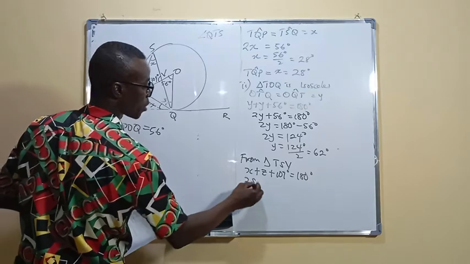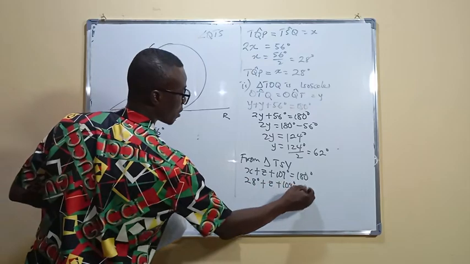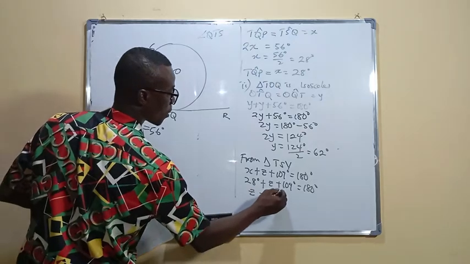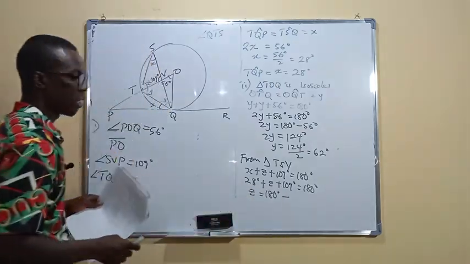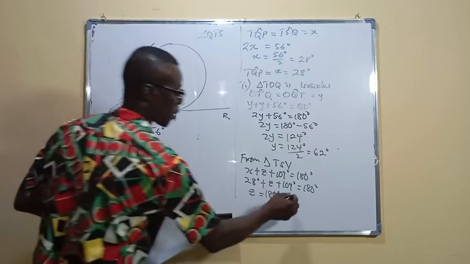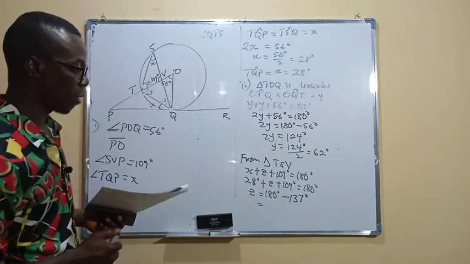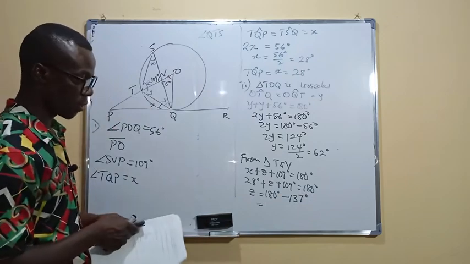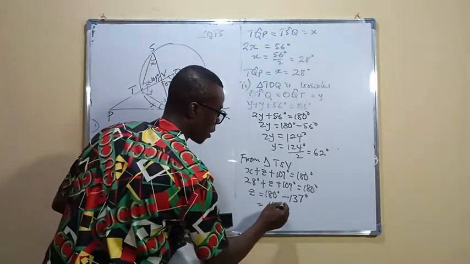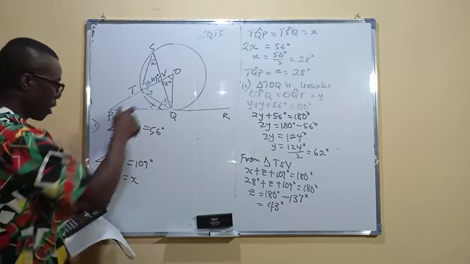With the value of x, which is 28 degrees, plus z plus 109 degrees, that gives me 180. So z will be 180 minus 109 plus this, and that should give me 137. That's 137. So when I subtract that, 180 minus 137, that should give me 43. So that's 43 degrees. So I've gotten the value of z to be 43 degrees, the value of y